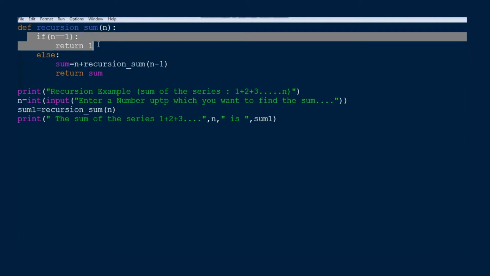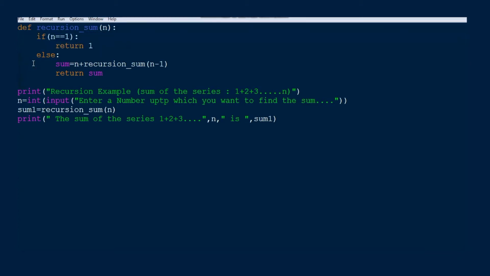So, if n reaches 1, 1 is returned. Otherwise, we find the sum up to n minus 1 and add it to n. To find the sum up to n minus 1, we again call the recursion sum which adds n minus 1 to the sum up to n minus 2 and so on.